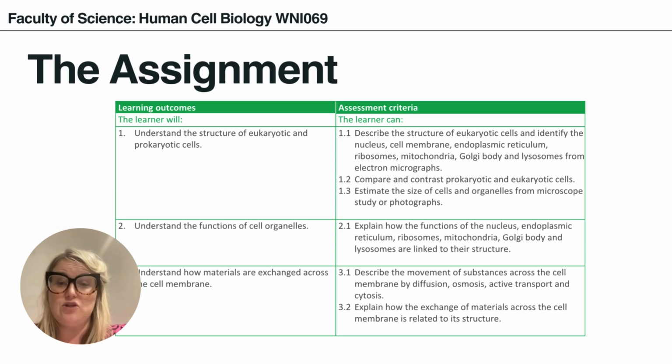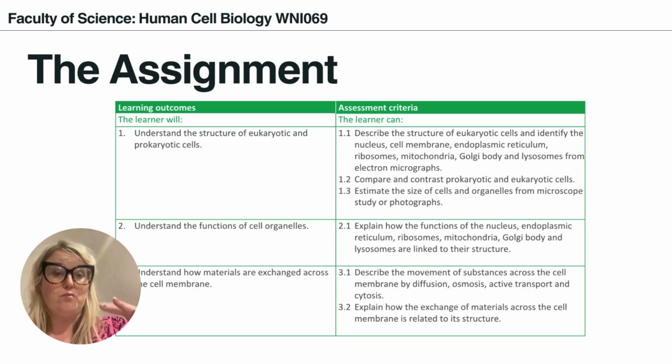Now, obviously, you're going to use these alongside the graded criteria. The graded criteria are further down in the assignment brief. If you were to meet each of these points 1.1, 1.2, 1.3, etc., then that will be a pass. But if you demonstrate a higher level according to those graded criteria, then you can achieve a merit or